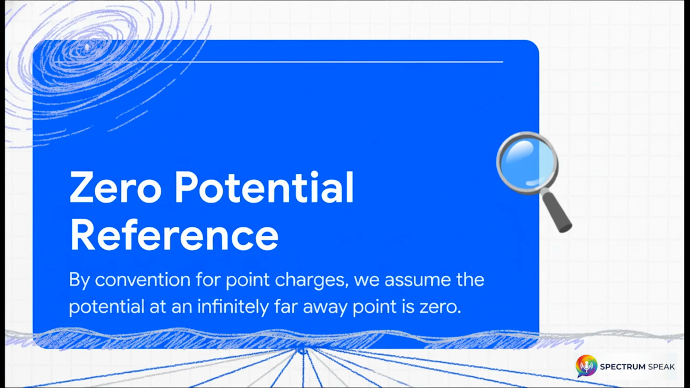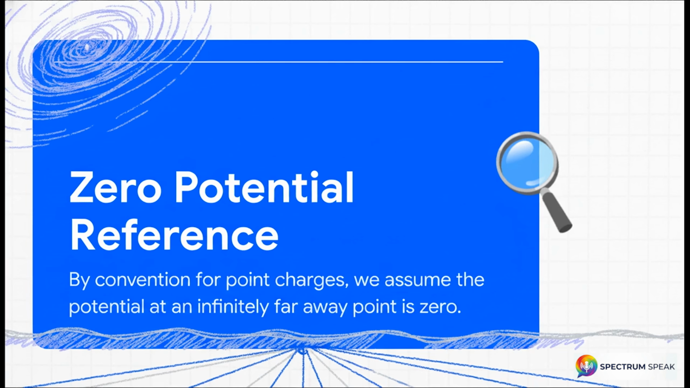Well, by convention, for lonely isolated charges, like the one in our example, we all just agree that the potential at a point infinitely far away is 0. And that kind of makes sense, doesn't it? If you're infinitely far away from the electric hill, your elevation should be 0. It's a simple rule, but it makes the math super clean and gives us a consistent starting point for all